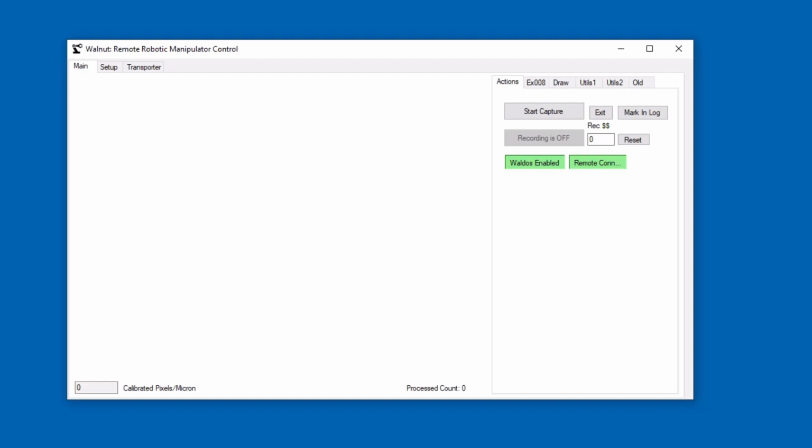Walnut software has 2 parts. The software panel you just saw starting is the server side. It runs on a Windows 10 PC. Its role is to accept and process the images from the USB microscope focused on the workpiece. One part of this processing means interpreting the current image state and creating general commands. These commands are then sent for interpretation and execution to the Walnut client software, which runs in Linux on a